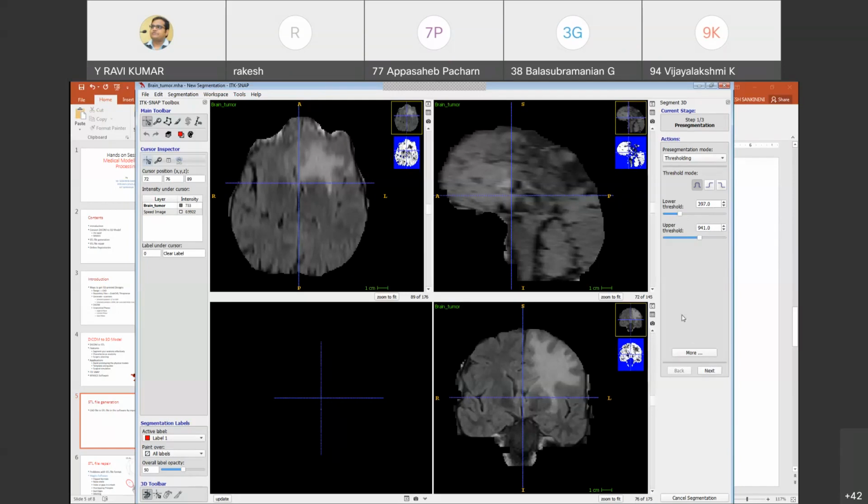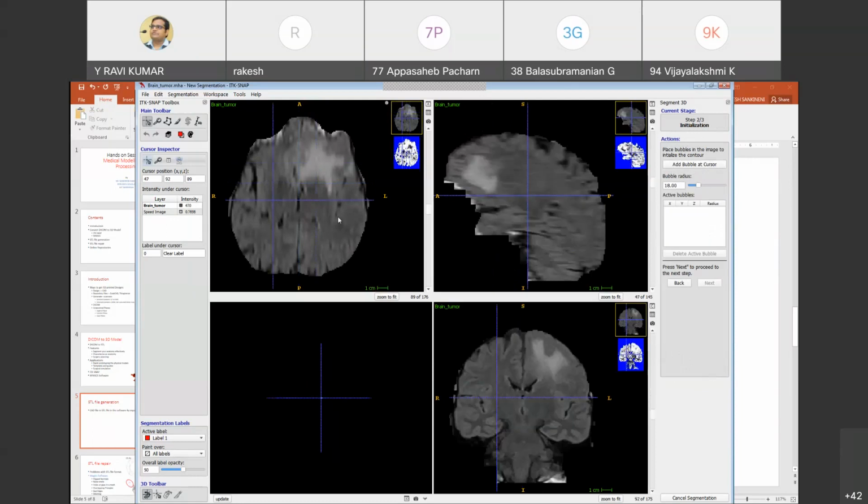Then you click on this next option. After that you will be highlighted in the initialization step, step 2. There you need to add bubble at cursor. So wherever the cursor is there,